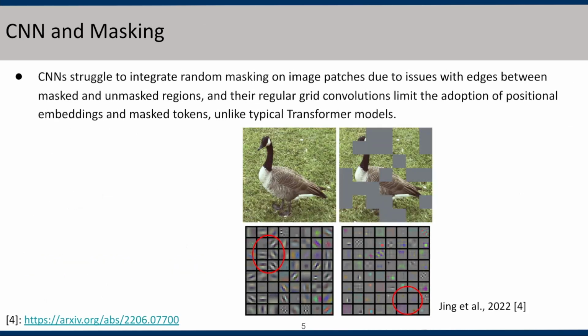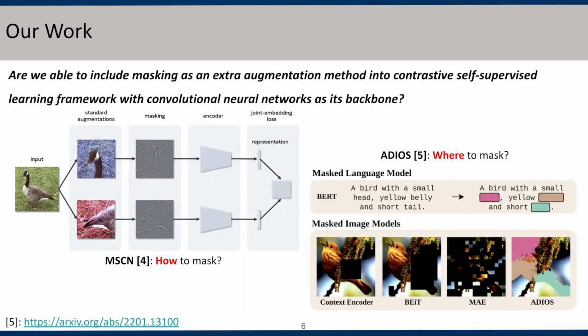MSCN underscores the problem of parasitic edges when masking is directly applied to image data. This issue introduces trivial features in ConvNets due to the edges between masked and unmasked regions. The constraint arises from regular grid convolutions, limiting the incorporation of positional embeddings and mask tokens, a departure from typical transformer models. The question arises, can masking be seamlessly integrated into the contrastive self-supervised learning framework with ConvNets as its backbone? While previous studies have explored individual aspects of applying masking, our focus is on strategically considering both where and